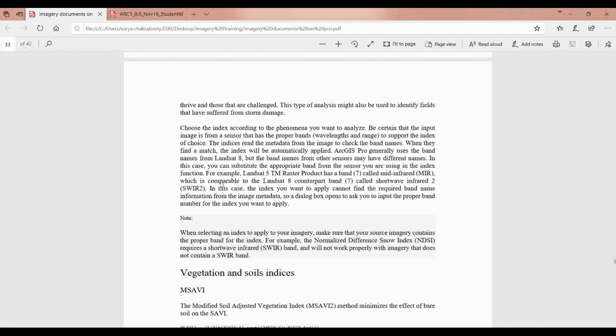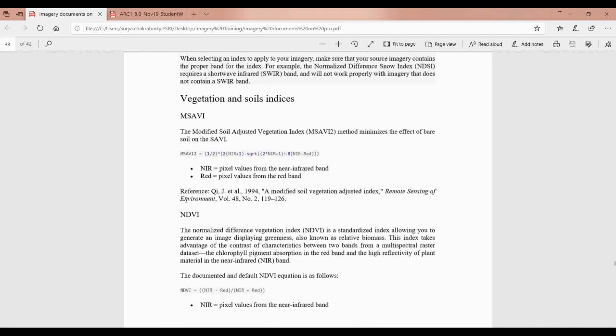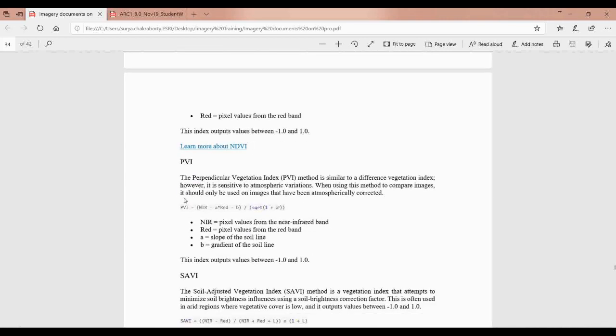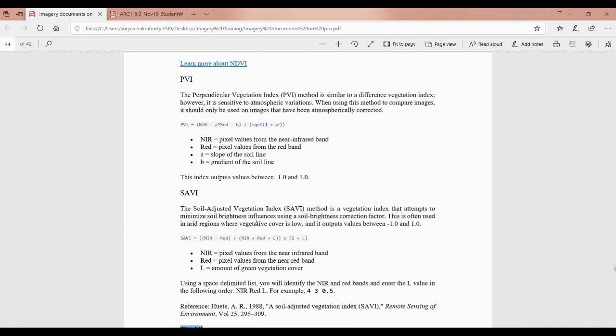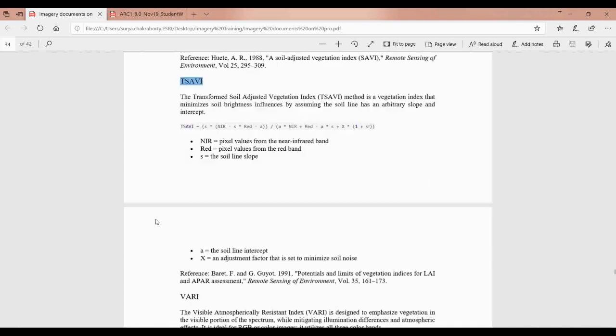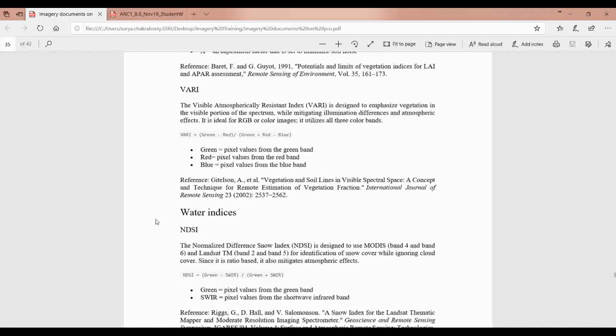In the case of vegetation and soil, you have almost 12 different kinds of targeting you can do, like modified soil adjusted vegetation index, NDVI, as we all know. You can even go for the perpendicular vegetation index, PVI, the soil adjusted vegetation index, and TSAVI, the transformed soil adjusted vegetation index, and the visible atmospherically resistant index, that also you can do.